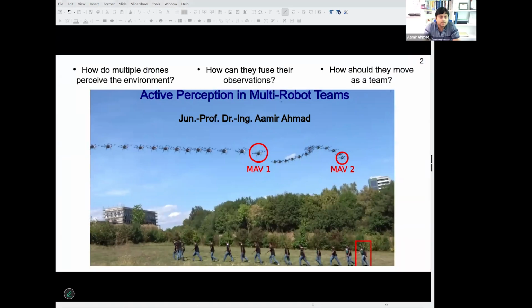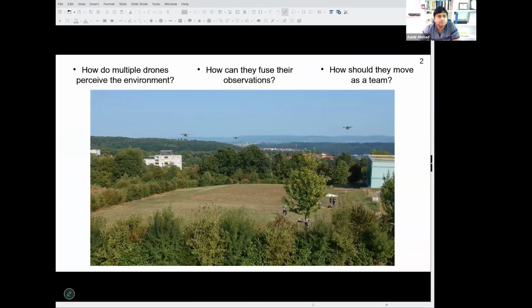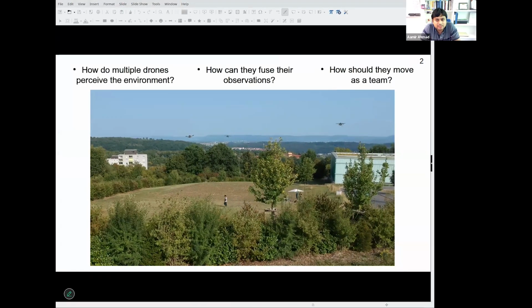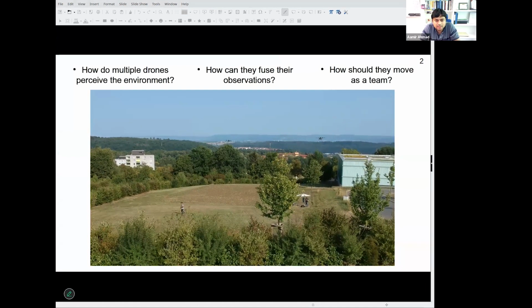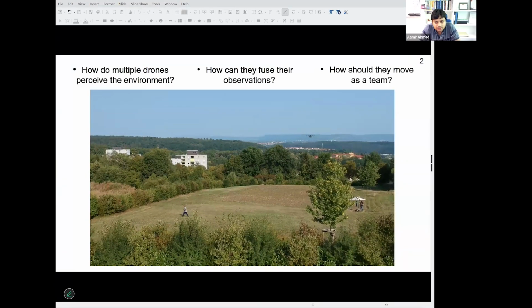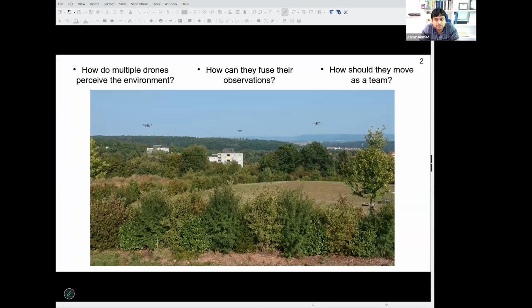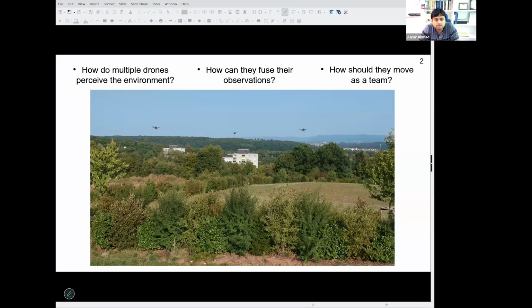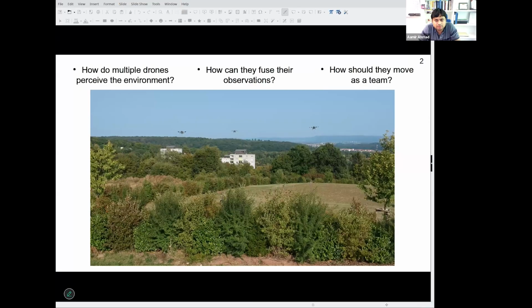Okay, so let us start with this motivating scenario. Here we see a team of drones that we built ourselves that are flying autonomously as a team and following a moving person in an unstructured outdoor environment. All the sensing and computation happening here is on board the drone. Every drone has a computational unit, sensors, and so on, and everything is happening on the robots. They're communicating with each other, of course, through a base station, but the idea is that they are fully self-contained